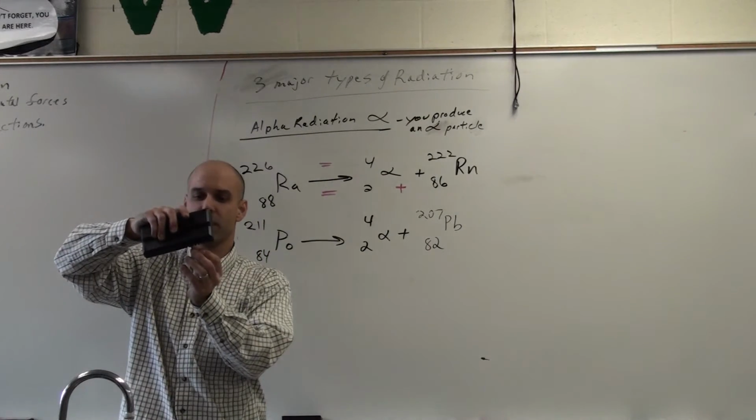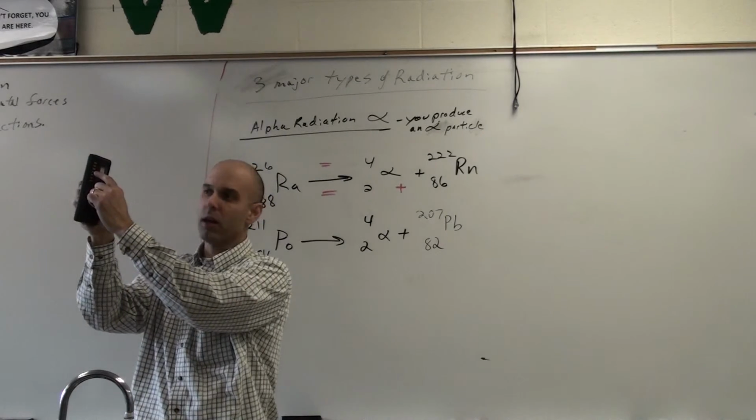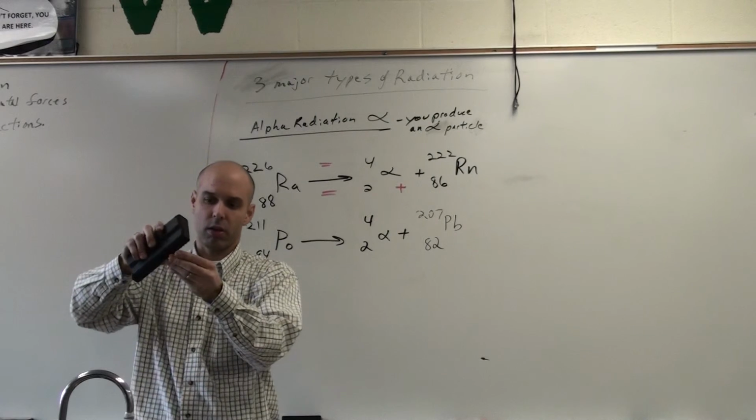And what it's doing is it's detecting the alpha particles. You can't see them, but the alpha particle hits the metal, creates an electrical current, and makes a click. So every time an alpha particle hits it,